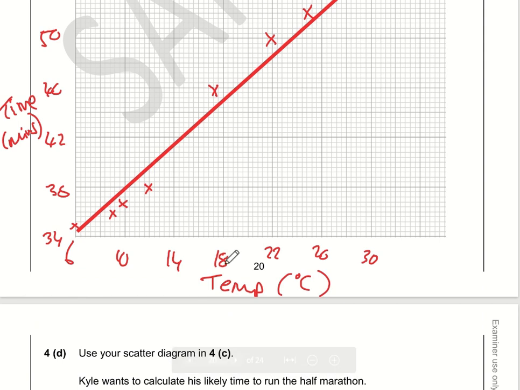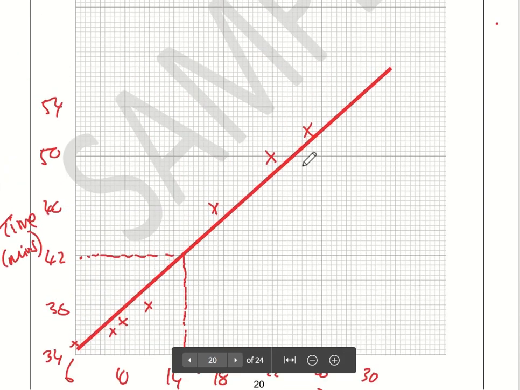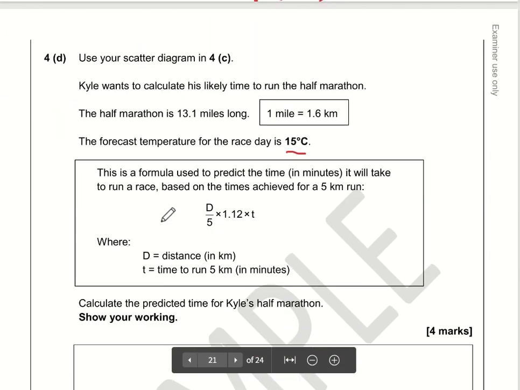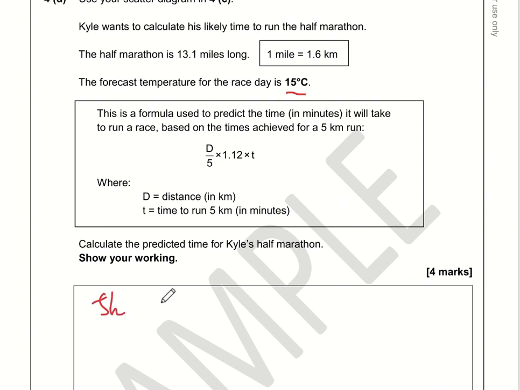So we want to work out that if someone is running at a temperature of 15 degrees, so there's 16, so 15 is halfway in between. So let's go up in between these lines. So really important you use a pencil and a ruler, and I'm hitting the line there, and I'm getting approximately 42 minutes. So let's call that 42. You might not get exactly 42 because your line of best fit might be slightly different. It also might be a bit thinner than mine. Mine is far too thick, so you might get a slightly different reading, but that's fine. As long as you can show how you've got there and it's within a reasonable range, it's fine. So, the 5k prediction